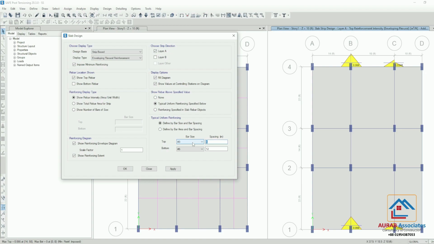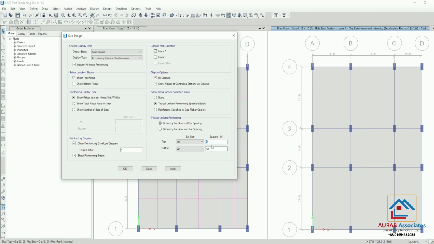When you design practically, you can go span wise. Suppose for these spans or for these sides, you can go for 8-inch center to center distance of top rebars. But for these panels or for these two outside zones, you have to reduce the spacing. So let's go for 6-inch spacing. This is still not sufficient. Go for 5-inch spacing. This is sufficient throughout the slab, or for the whole slab actually.